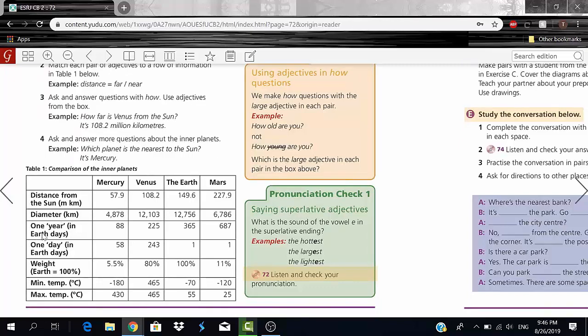And here we have 1 year and 1 day. So when talking about 1 year or 1 day, I can say they're long and they're short, right? So if I'm talking about 1 day or 1 year, I can say long and short, these two. I can't say a day is large, right? Because how can a day be large? It's not possible, okay?